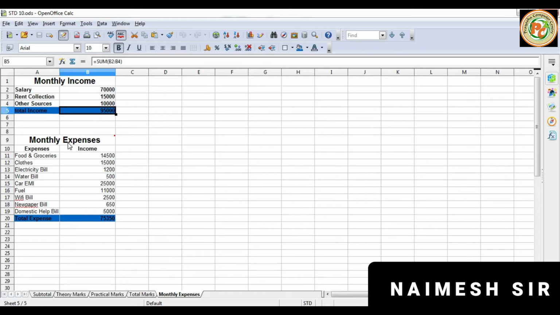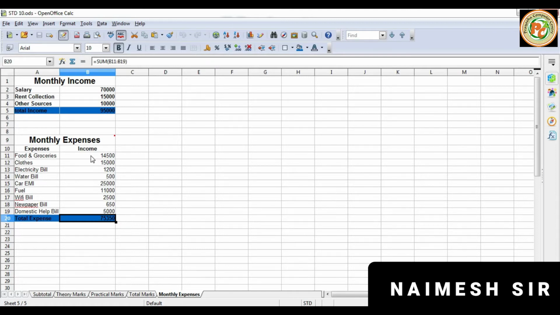At the same time, expenses also occur in that month, like food or groceries, clothes, electricity bills, water bills, car EMI, fuel, Wi-Fi bills, newspaper bills, and domestic help bill. Such kinds of expenses are there, and I have typed that particular list. Now based on that we can create the scenario.